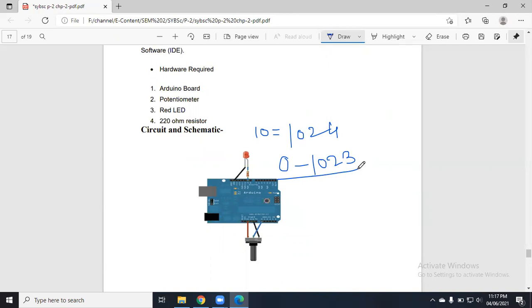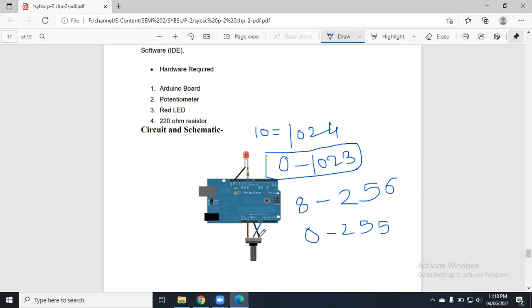Now, we are connecting our LED to the Arduino pin. The controller which we are using on the Arduino is 8 bit. Now 2 raised to 8 is 256. And if you're counting from 0, then it will be 0 to 255. So this is my input range. As we know, we are applying a potentiometer as an input. If we vary this potentiometer, the intensity of LED will change. So this is my input and LED will be my output.